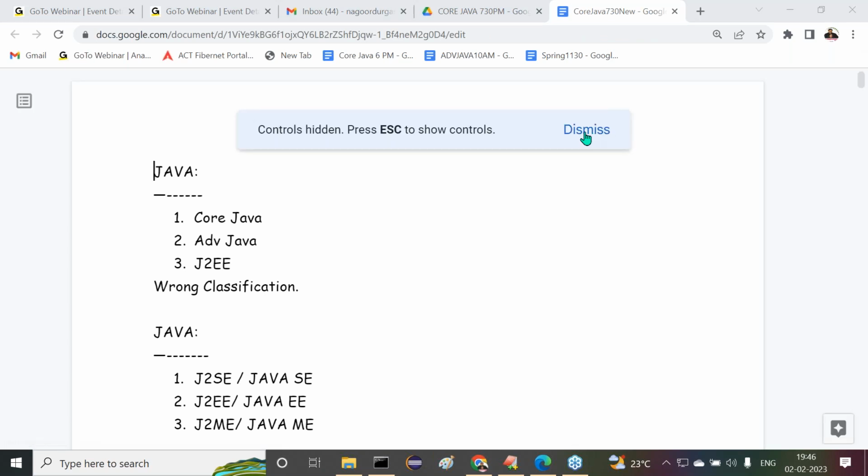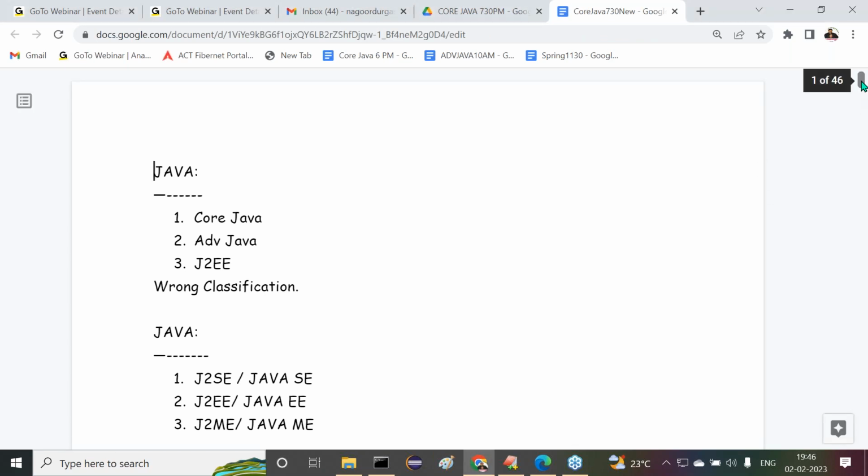In tokens we have identifiers, then literals, then keywords or reserved words, and lastly operators. These many things are available. Out of all these, we started identifiers and completed the total identifiers part.